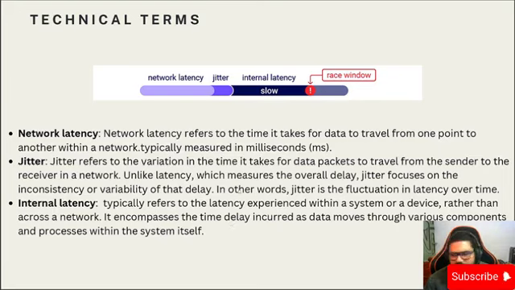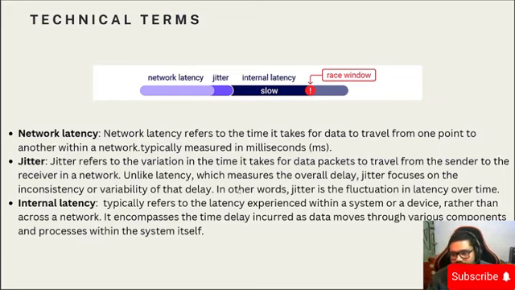So internal latency may occur in our system as well, but in general we are talking about the target system. Why? Because all the processes and all the calculation will be taking place in the target system. Suppose we send a request, for example we are logging in to a website, then there will be a kind of internal latency because it will take some time in